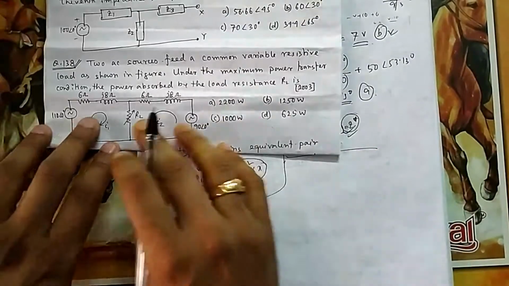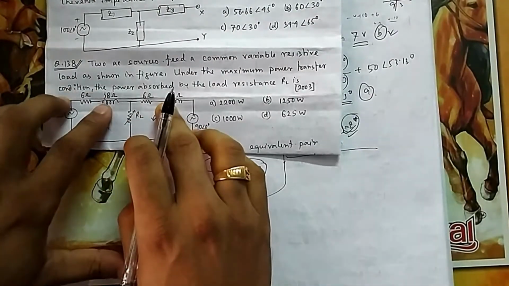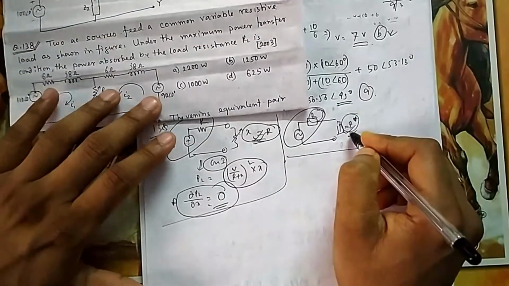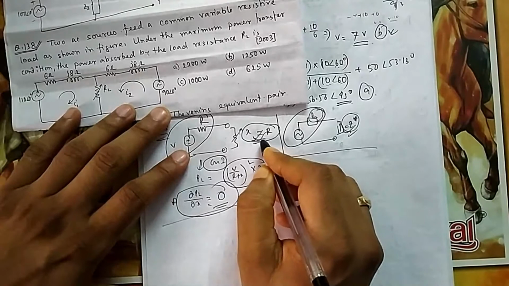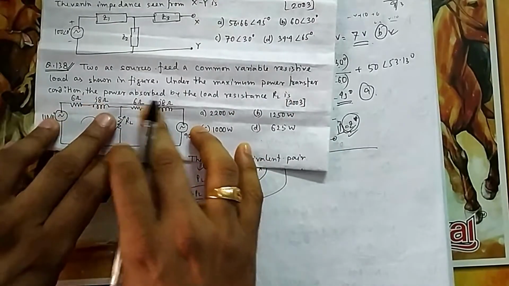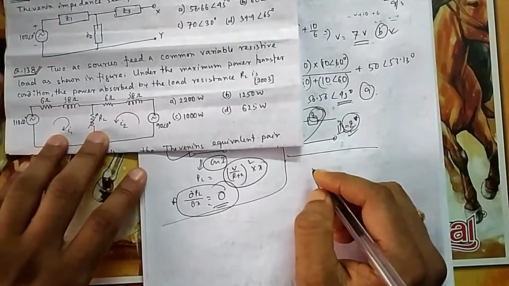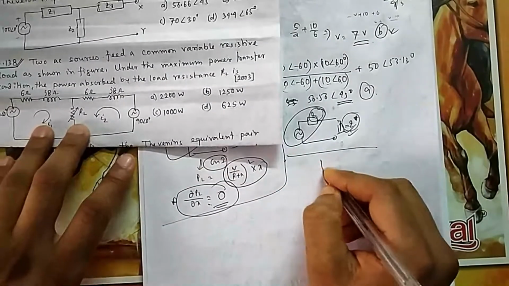So same here. If you see here, your load is varying and the source has Z. So Z and R, but it is not. It is Z star, and if it is R, then it is equal to R. But here the source impedance is Z and the variable is R. So what is better? You derive it. That's better. So you derive it like this.